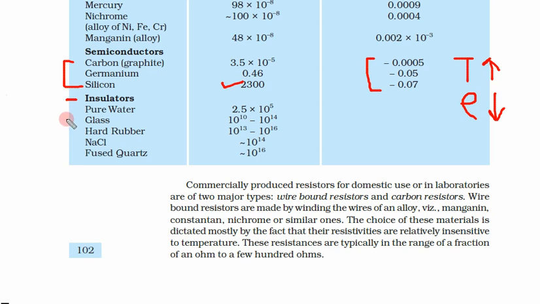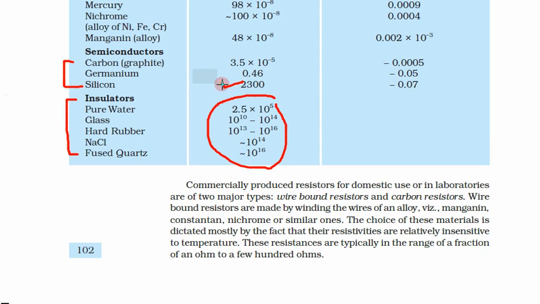Now for insulators, they have a very high amount of resistivity, which means their conductivity is almost 0, hence their temperature coefficient cannot be calculated. Since the resistivity is so high, the change in resistivity would be almost zero, which cannot be measured. Hence there is no measurement of change in resistivity.